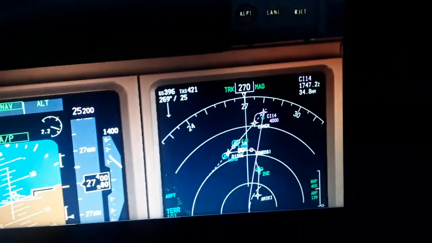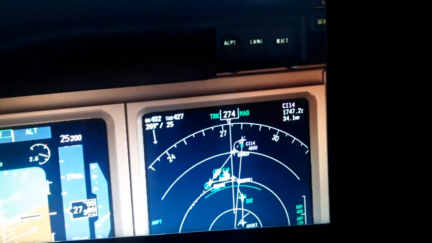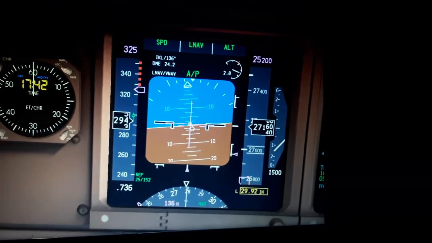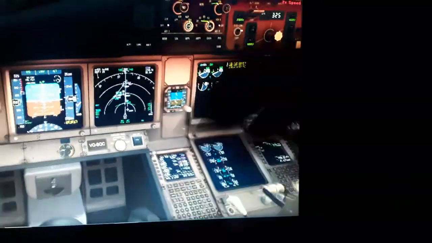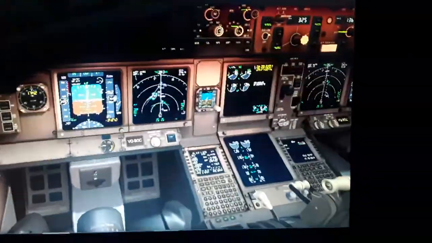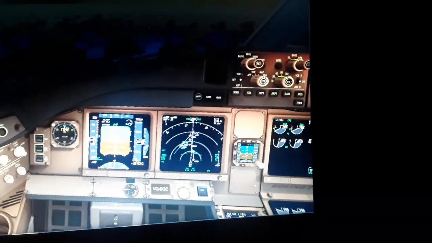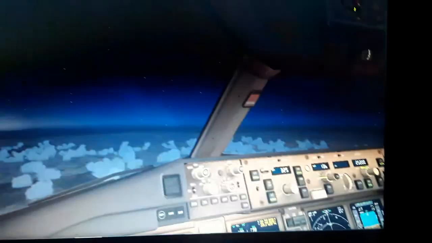So this is gonna fly us faster into the airport, and we have like 9 minutes left for this flight, I believe. 8 minutes left for this flight actually. 8 minutes, so it's a lot of time